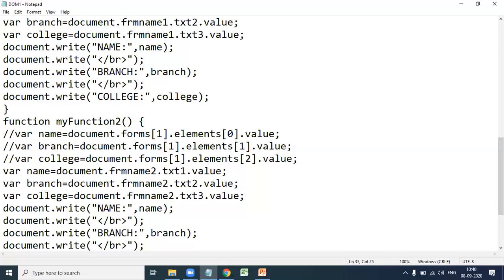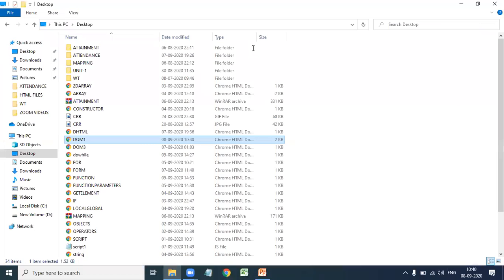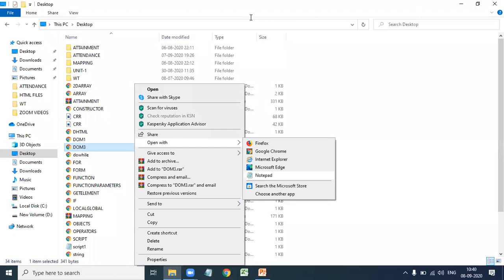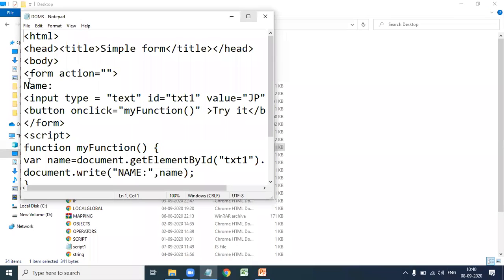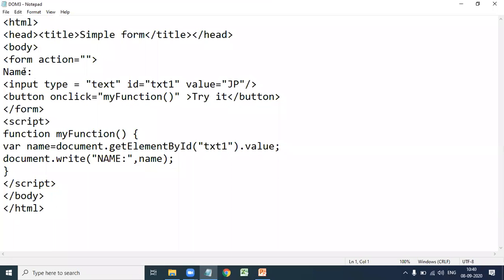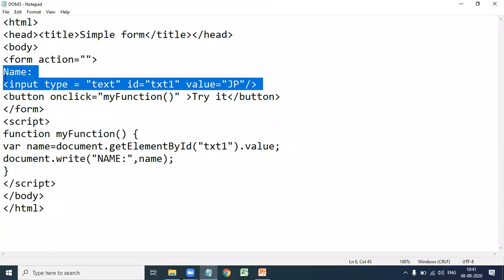Next one, get element by ID. Here there is a form, and in the form there is one text box: input type text, ID equal to txt1, and the default value is JP.